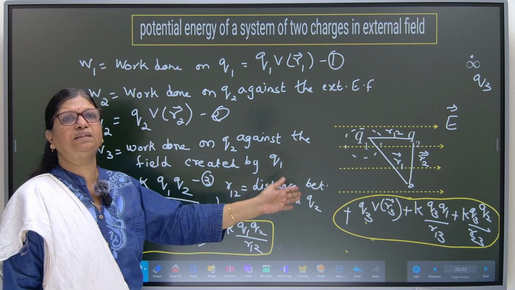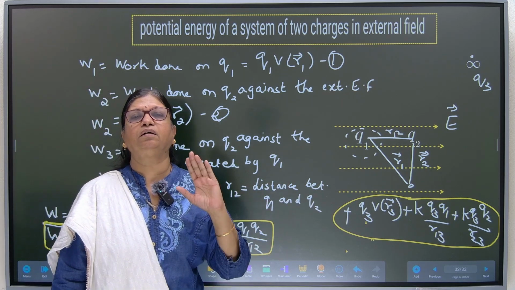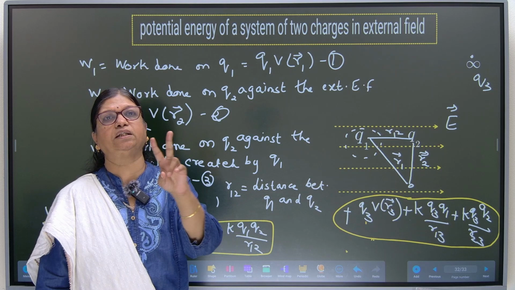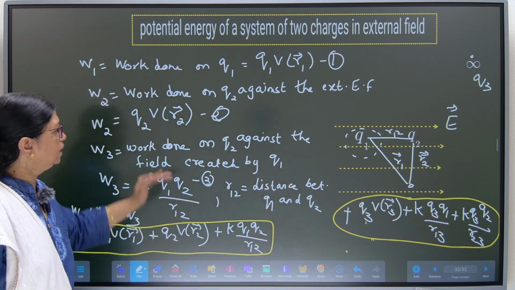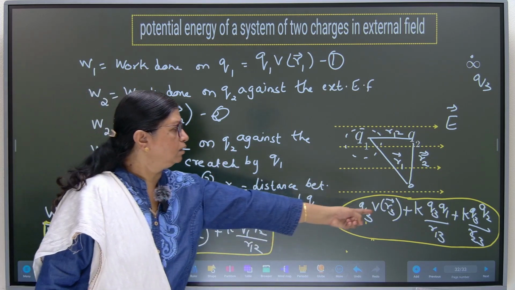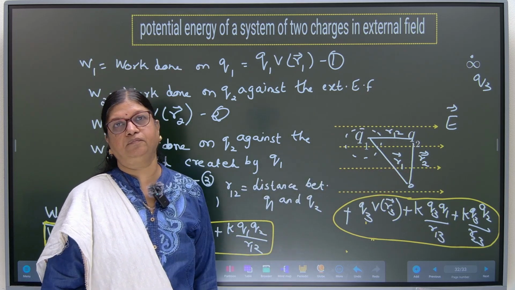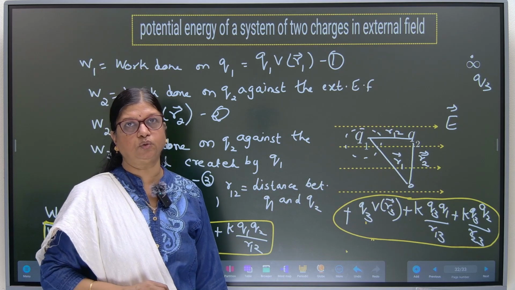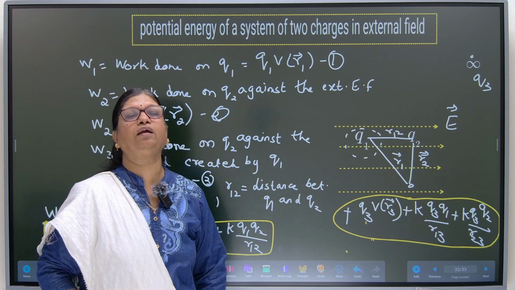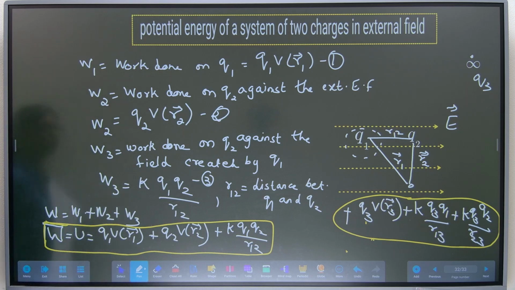So these three terms I can add here provided I want to bring a third charge Q3 also here. This is just an extension of the derivation for a system of two charges. For a system of three charges, the same steps will follow and three more terms will be added here. Fine. So I hope you have understood the concept very clearly. I shall move on and you can take a pic of what we have done just now. Very coolly, you understand what I am trying to say and what the concept is. Fine.